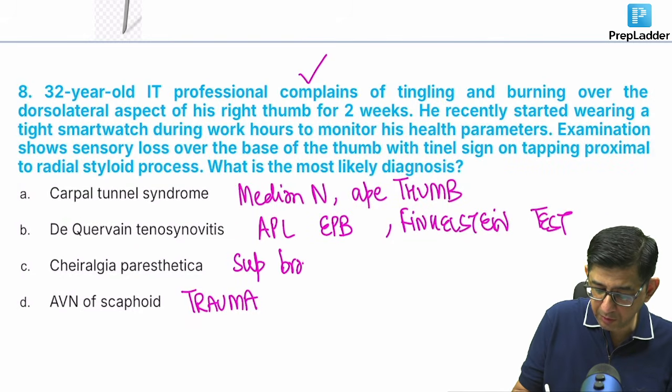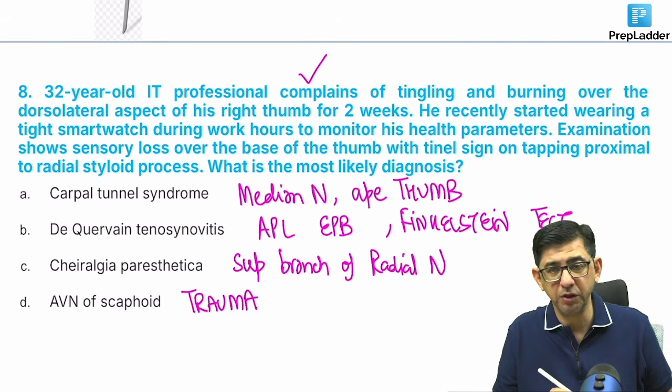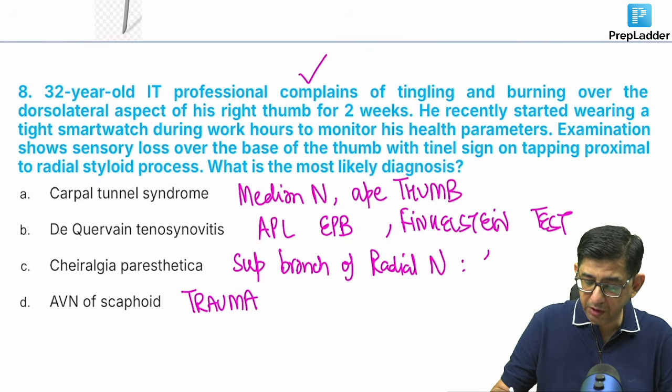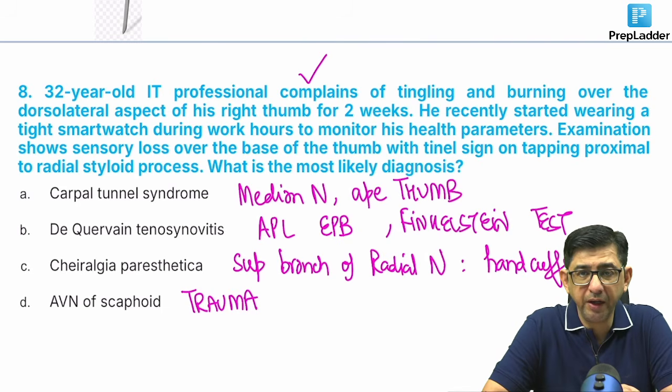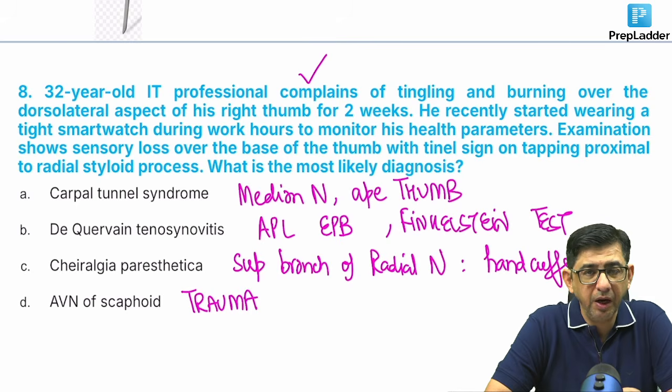The superficial branch of the radial nerve is normally asked for doing a biopsy in a case of leprosy. But today, because the patient was using that wristwatch very tightly, या तो history लिखी होगी that this guy was put in handcuffs, like this guy committed some crime and the police had arrested this guy and they put very tight handcuffs, जैसे वो यूएस में अरेस्ट करते हैं हाथ पीछे करके टाइट वाले handcuffs लगा दिए. That can cause damage to the superficial branch of the radial nerve.